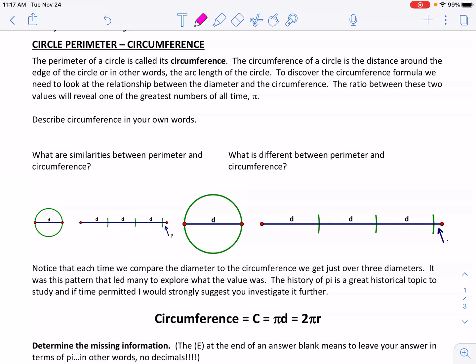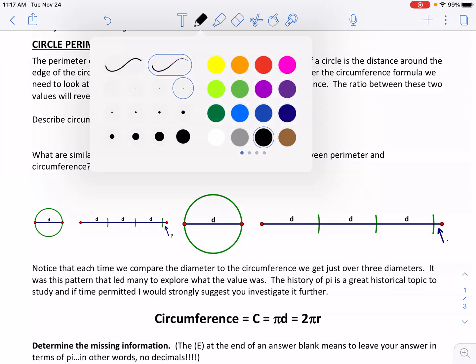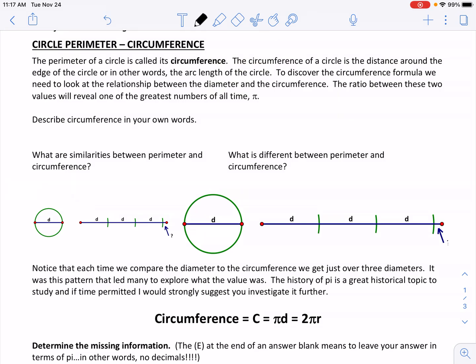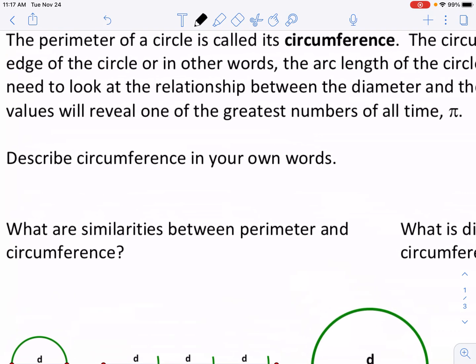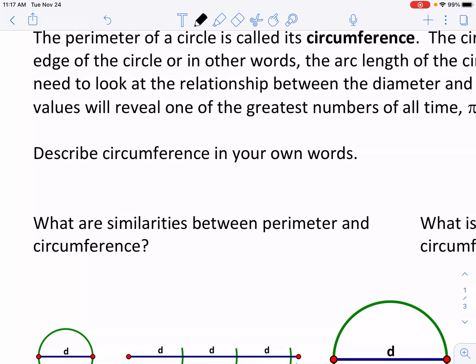To discover the circumference formula, we need to look at the relationship between the diameter and the circumference. The ratio between these two values will reveal one of the greatest numbers of all time, pi. So there's a special relationship between the ratio of a circumference and a diameter. Now before we do that, just so that we're on the same page, what we're really talking about when we say circumference is the distance